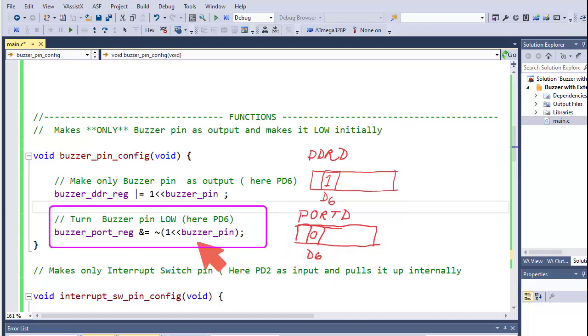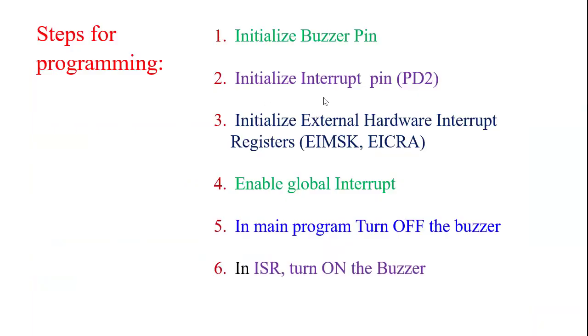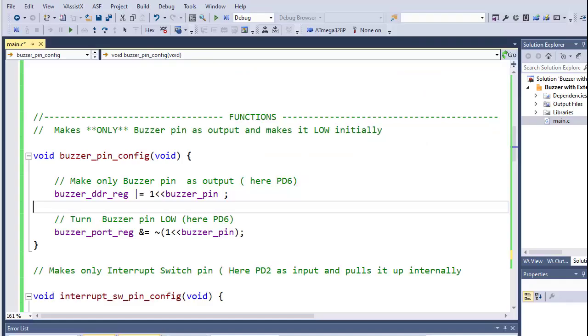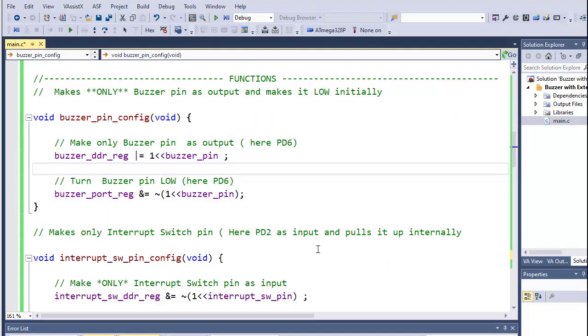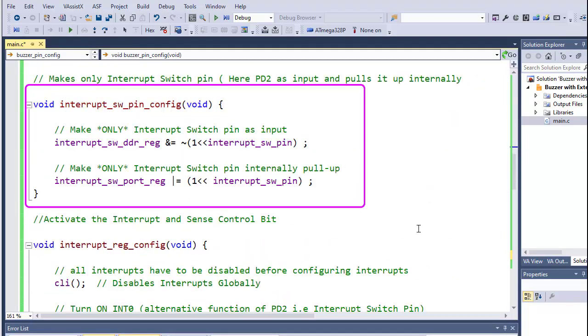This is the shifting operation. By using this operation, port D pin number 6 is set as logic 0 to keep the buzzer initially in the off state. Next, initialize the interrupt pin. The interrupt is connected with pin number 2 at port D.